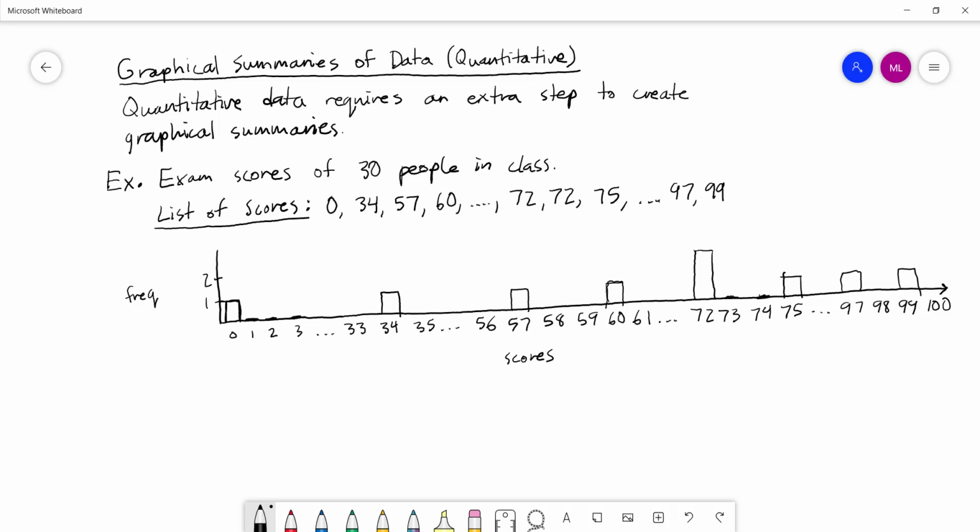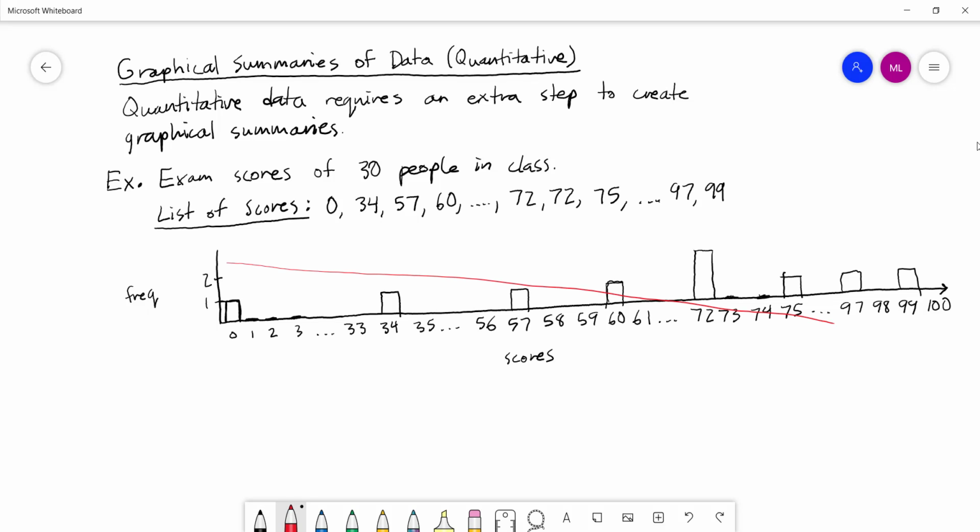This is an ugly bar graph. It doesn't satisfy the fundamental purpose of a bar graph, which is to quickly display information. I would rather look at the list of numbers than look at this bar graph. I can draw more conclusions more quickly from a list of these 30 numbers than from this bar graph that has 100 possible values, a bunch of which are zeros. So this is